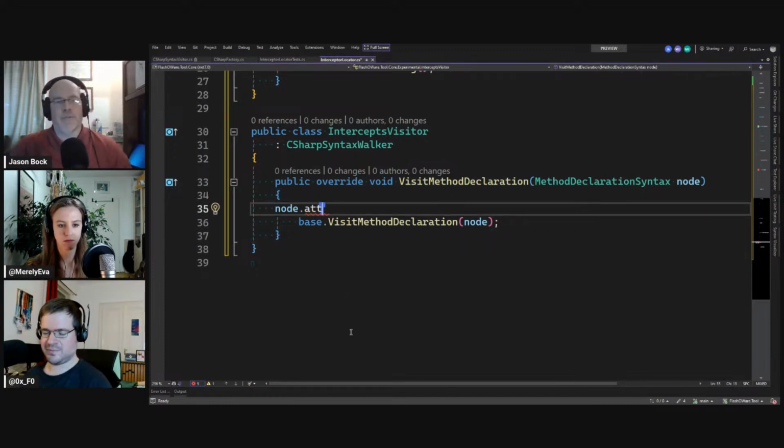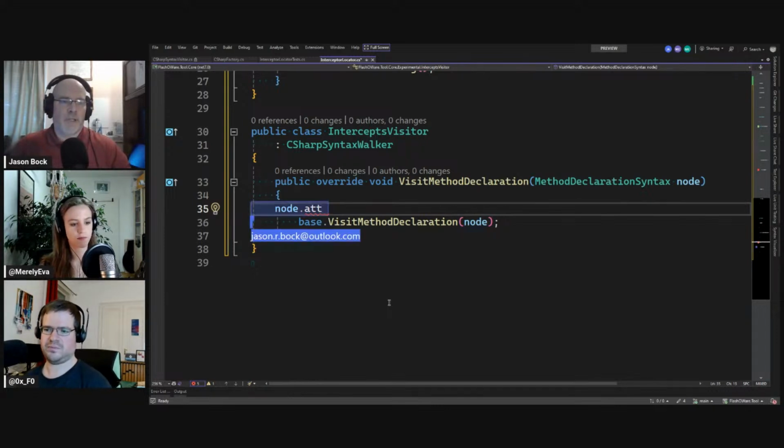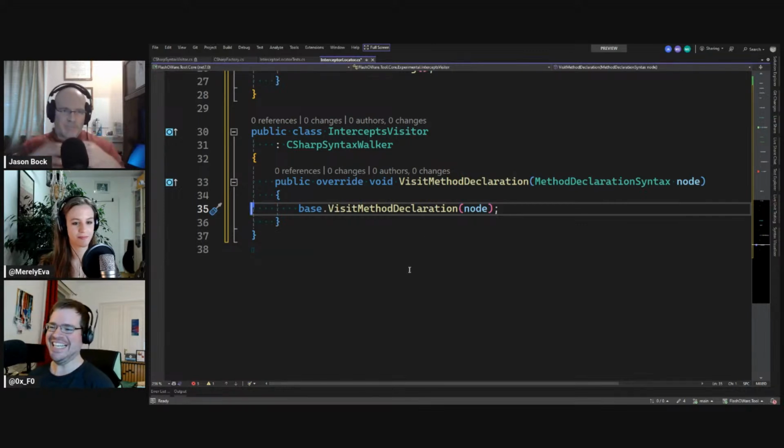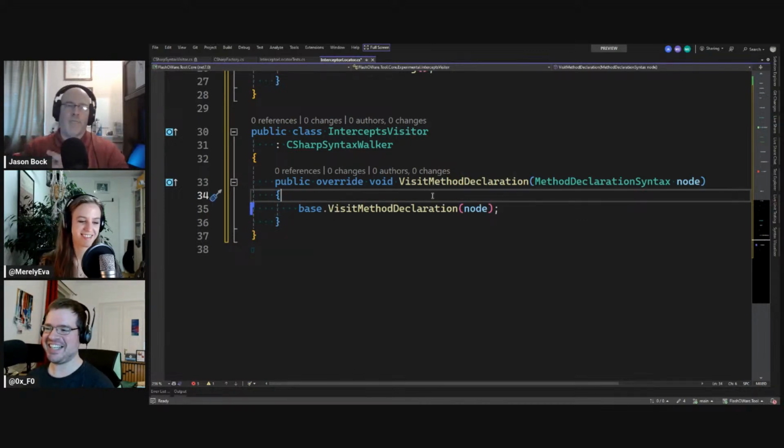It's attribute lists, and so you can go through the attribute list, go through the attributes, and then find the attributes that are there, and then look for the name that you are saying is the intercepted attribute. I'll kind of let you take over for now, but I think this is probably the way we want to go.